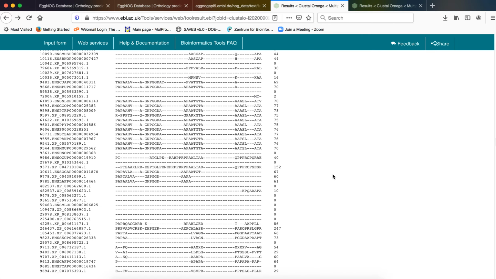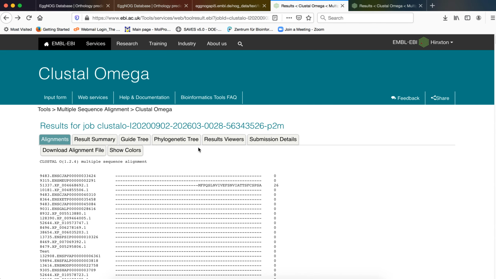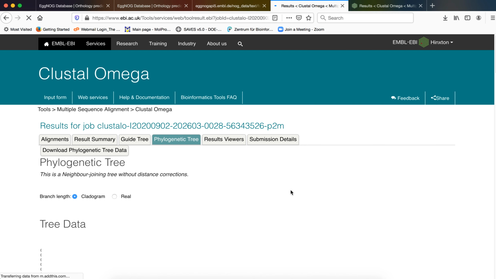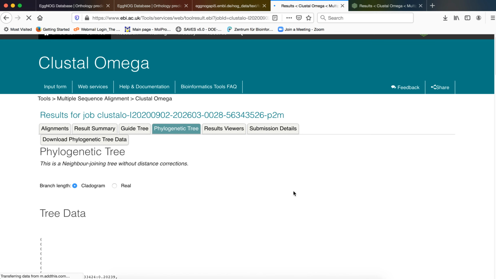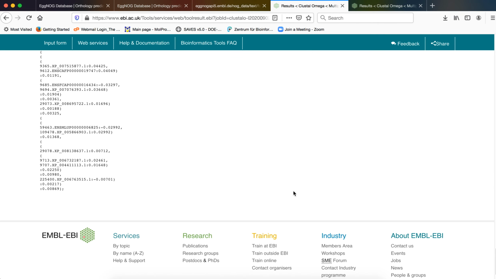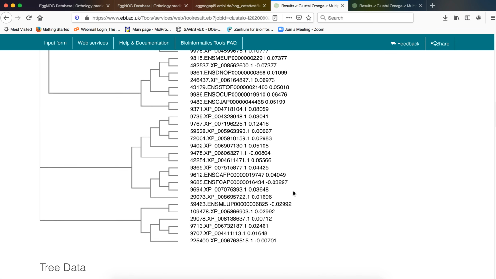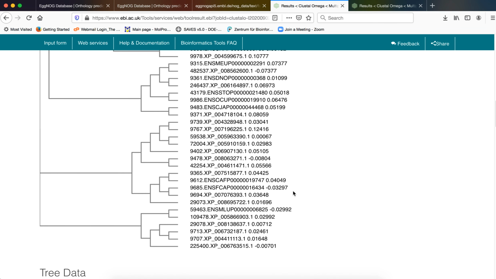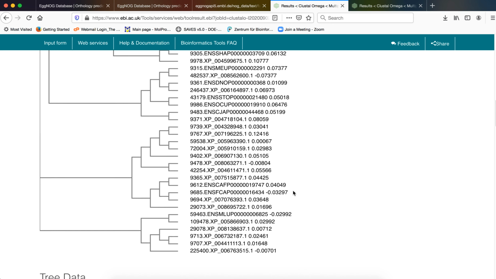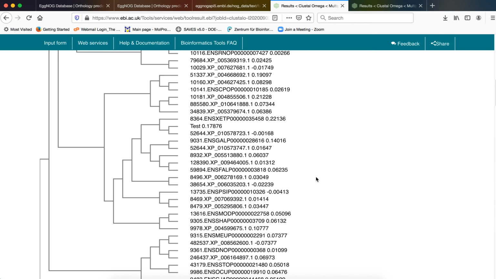And then if we go upwards again and click on phylogenetic tree, we will find a tree data that is being generated in the form of Newick format, and this is our phylogenetic tree which incorporates all the most common orthologous sequences pertaining to our test sequence.